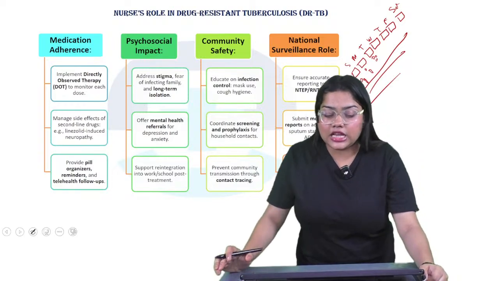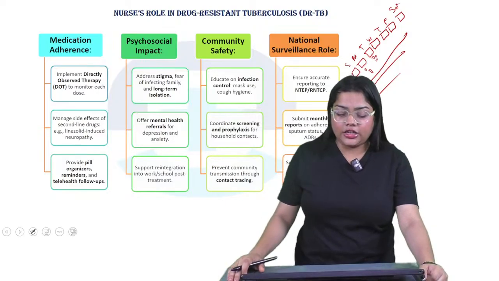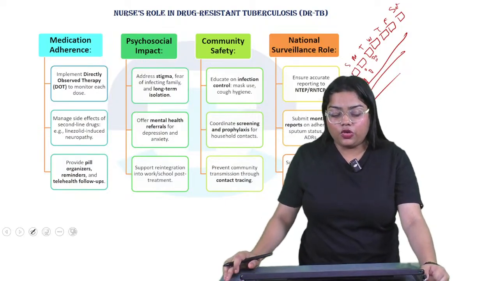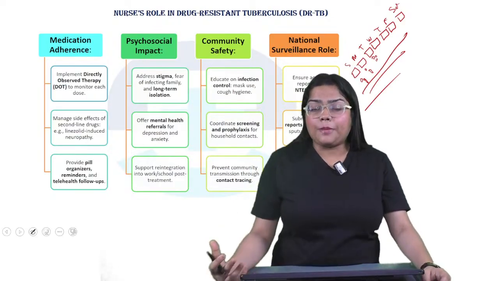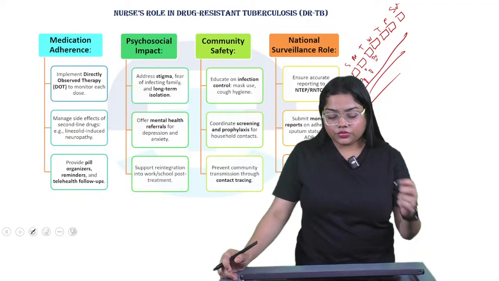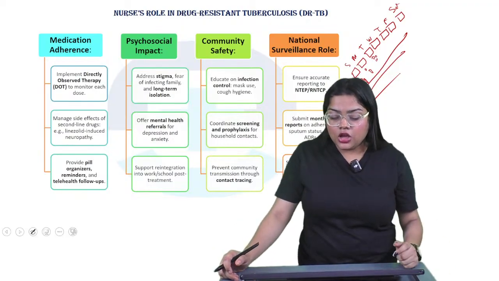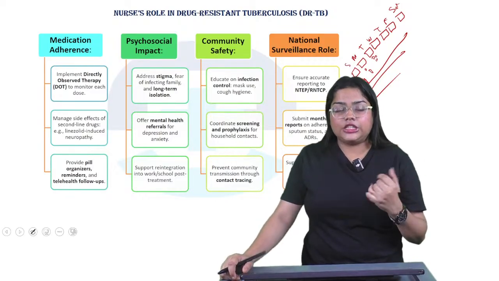The next one is community safety. So what is community safety? We have to educate on infection control, okay. Infection control in the sense that tuberculosis mainly happens because of the droplets of cough or sneeze, okay. So that is body fluid exchange, so we have to tell the patient to use a mask and cough hygiene